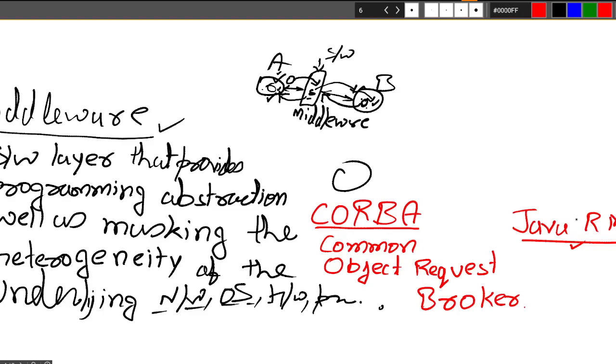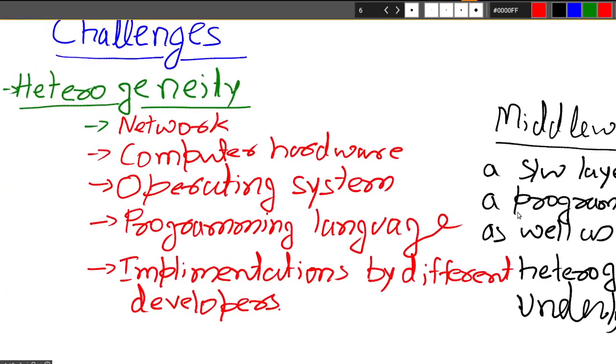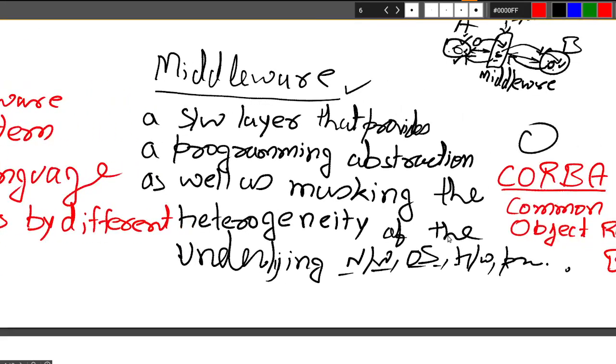Now, you can go through the book, you will find some more detail on these things. But still, for now, if you have some questions related to heterogeneity, please ask. To mask the heterogeneity, we use middleware.